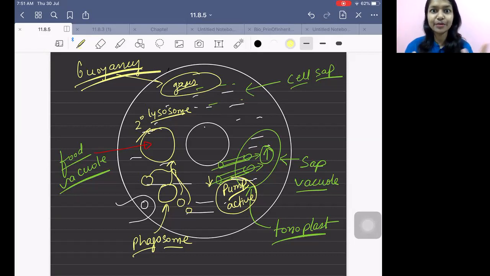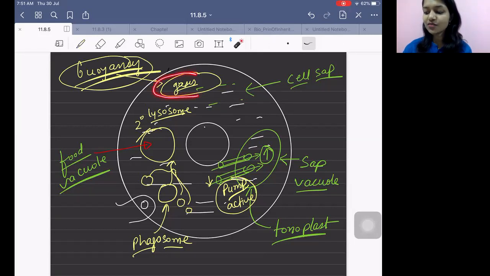I gave you the example of a balloon, right? A balloon has air blown inside. You try to dip it into the water, you will never be able to do it, my dear children. Why? Because it is getting buoyancy by the gases which are filled in the balloon. Same way, imagine this gas vacuole as the balloon.